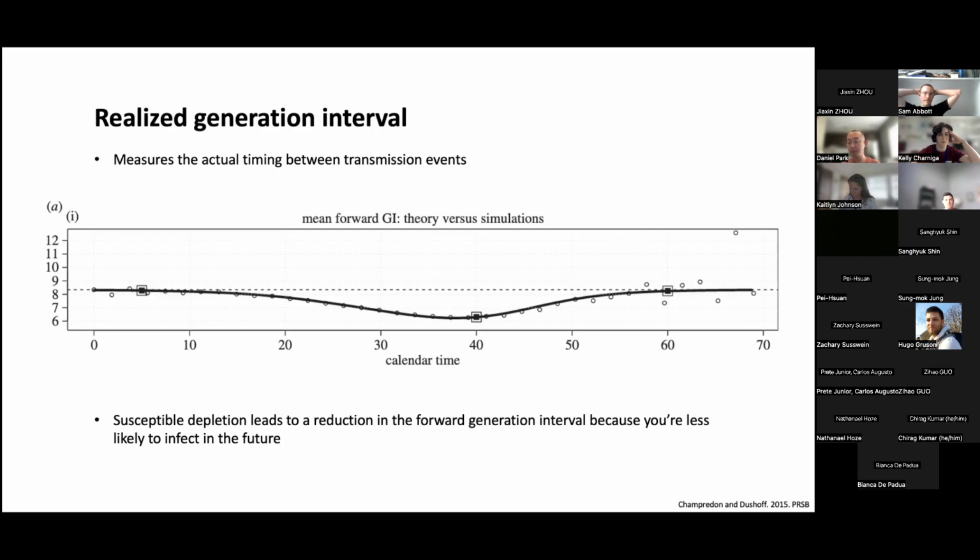That means I'm going to be less likely to encounter a susceptible individual later than earlier on. So that's going to cause a decrease in the generation interval distribution. And then to make this a little bit more